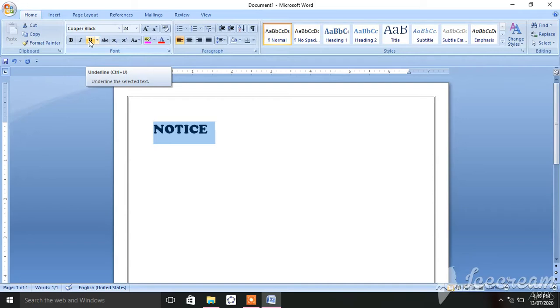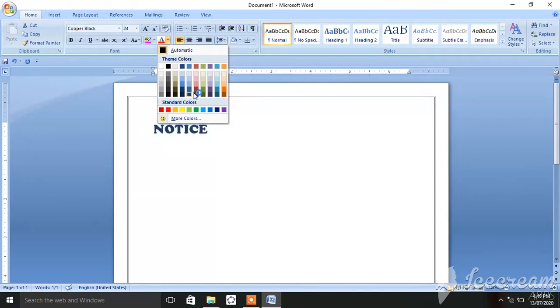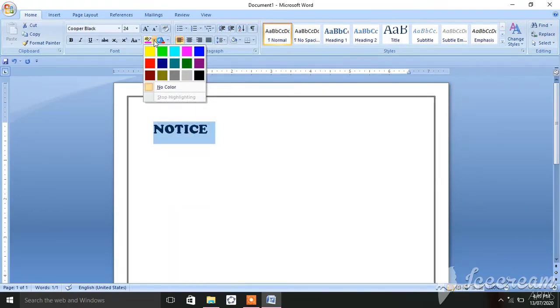Underline is used to underline a text. Then this one is the font color. If you want colorful text, you can select the color from here. And if you want a background color for any text, you can set the background with text highlight color.